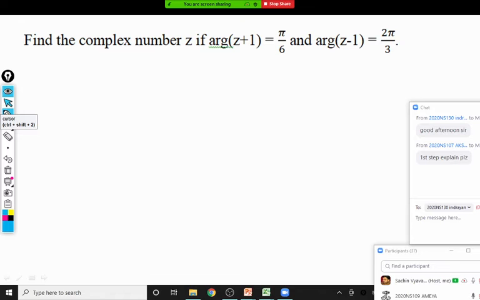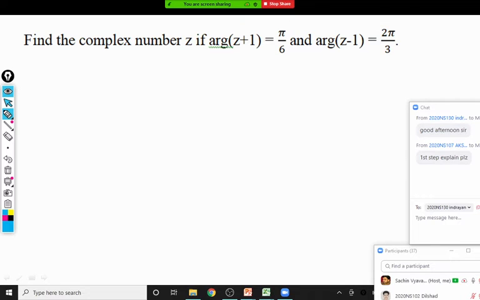Sir, argument also follows properties like log properties. Which logarithmic properties? Yes, sir, like we have log of a into b as log a plus log b. So argument also follows that. Yes, we are going to prove it after multiplication of a complex number. That is correct, but it is for log of AB. Here it is not AB, here it is A plus B inside.